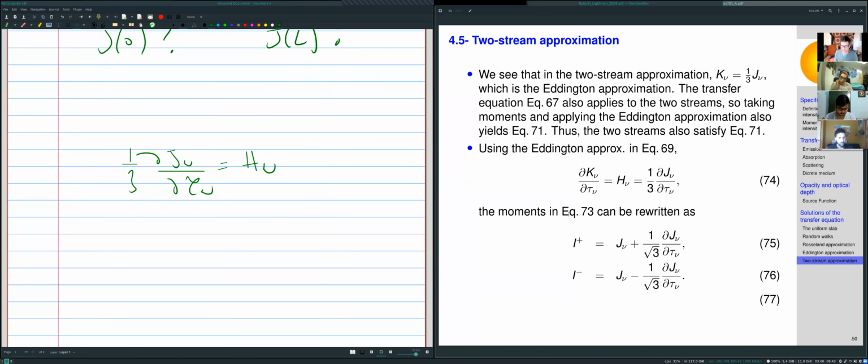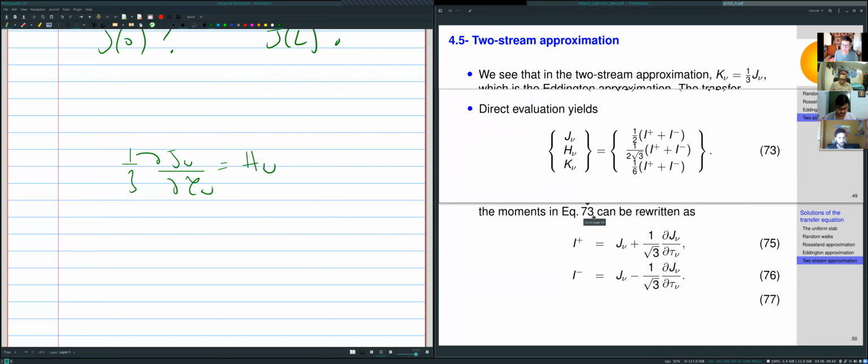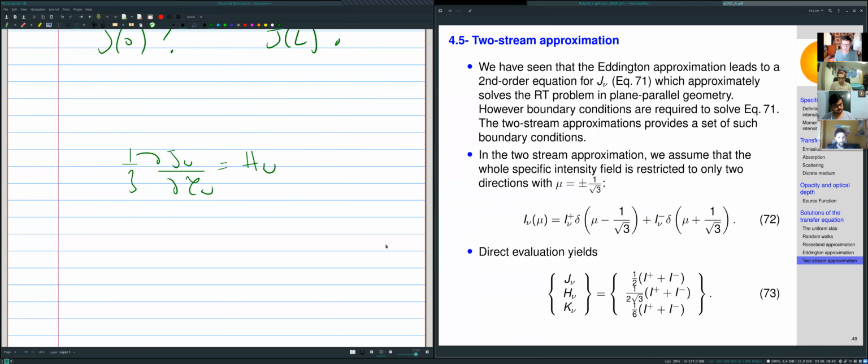Let me see if I can keep this in. So, okay, I'll put them there. So this is J nu is 1/2 (I plus I minus), H nu